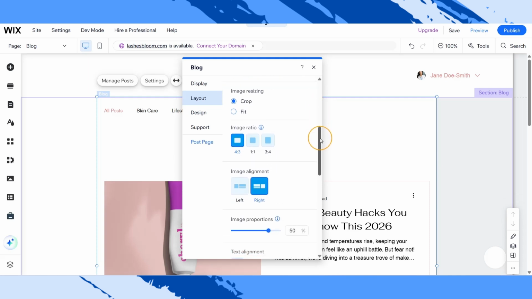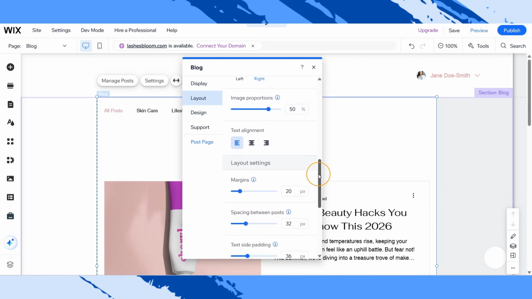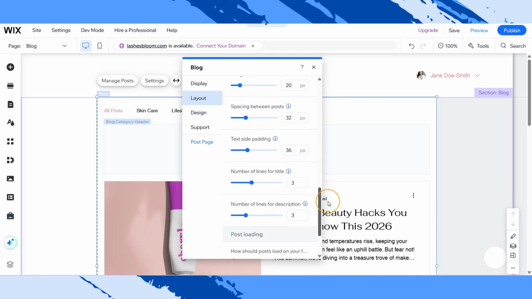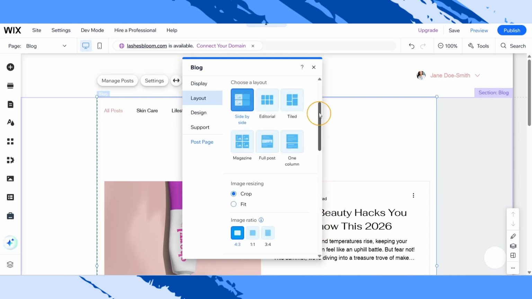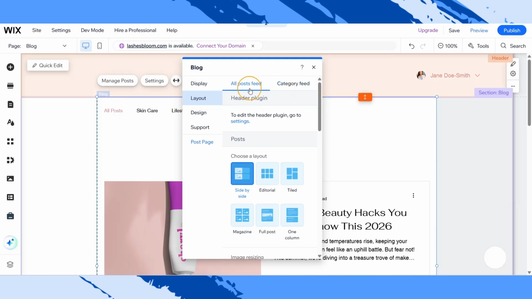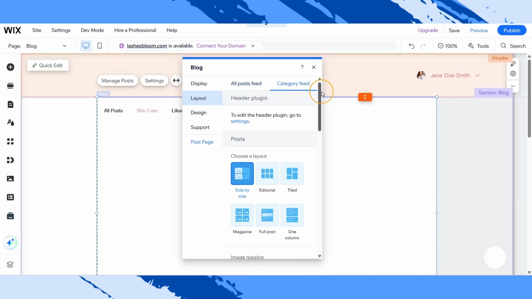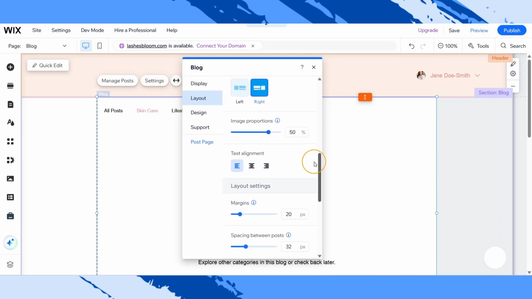Down below, you'll see even more options such as image resizing, ratio, alignment, and proportions. You can also select your text alignment and tweak or fine tune more settings here according to your needs and preferences. Once you're done working on your all posts feed, you can then move on to your category feed and